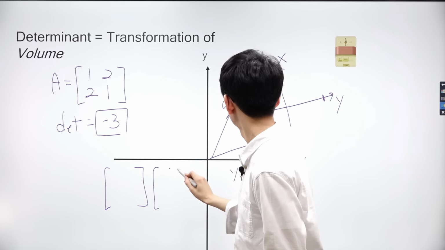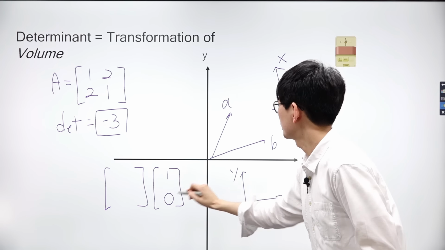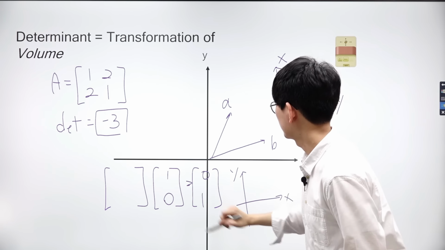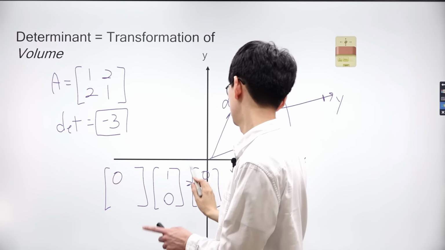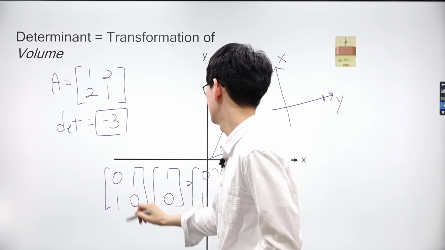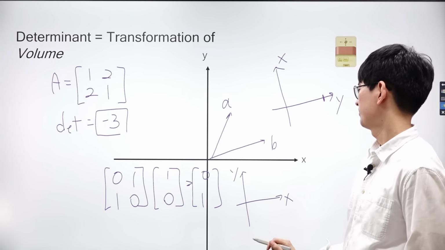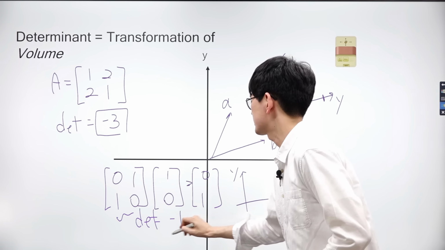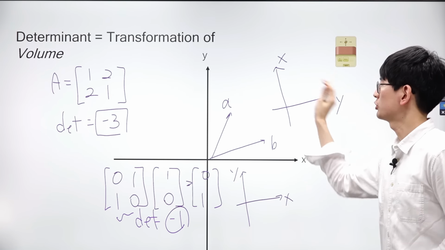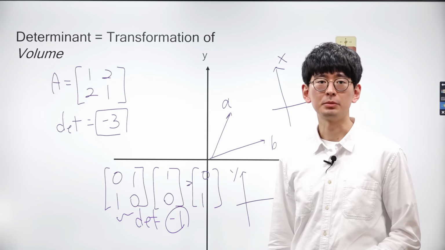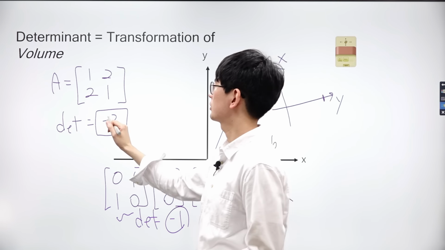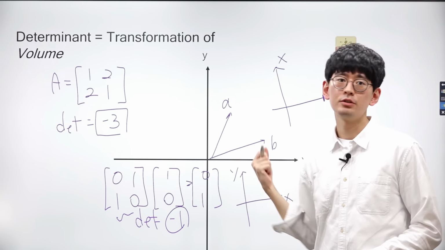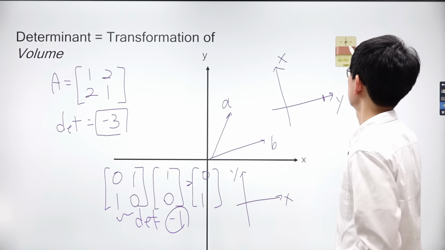Let's check the transformation of the coordinates in matrix vector multiplication. To achieve this transformation through matrix vector multiplication, we use the matrix 0, 1, 1, 0. This matrix has a determinant of -1. Therefore, switching the order or labels of the axes results in a negative determinant. In summary, a negative determinant indicates that the order of the axes has been reversed from that of the original space.